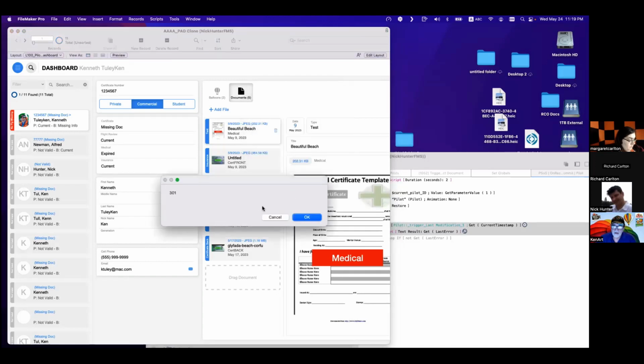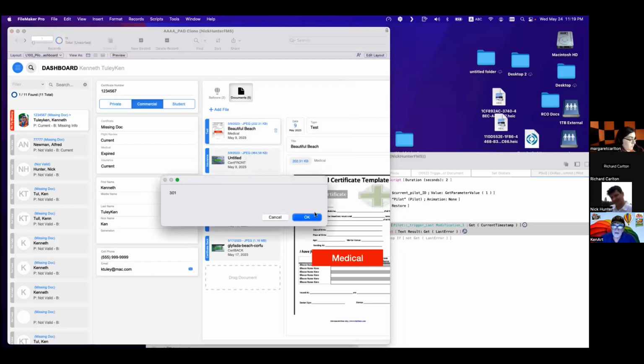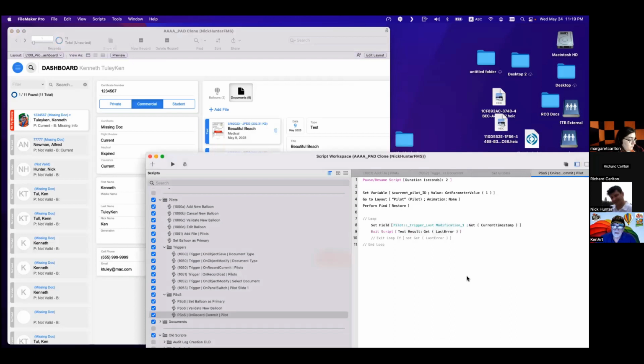See, it says 301 because the record was busy. So if I do this, right, I click here. It says 301 always, right? Because this happened. Okay, and that's the problem. Again, I cannot simulate this that way.